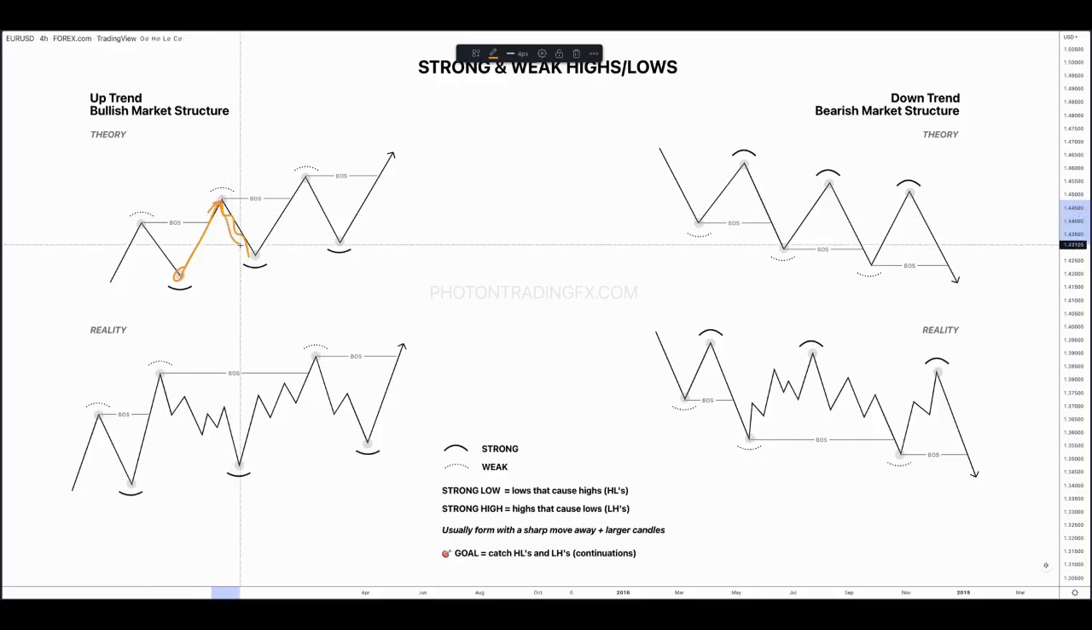So as price is coming back down, you could think that there's a vested interest to want to protect this low. They're not going to want price to come down and break past it, right? Because then obviously they're going to lose money or lose their profits. So